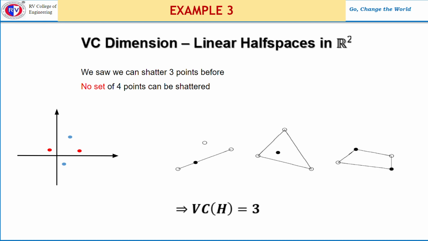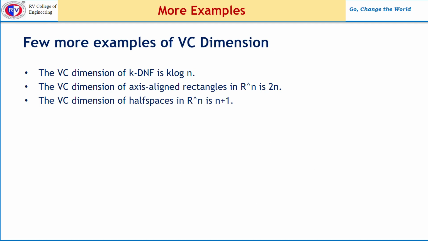This is the third example, and a few more examples for the calculation of VC dimension are given in this slide, where the VC dimension of KDNF would be K log n. The VC dimension of axis aligned rectangles in an n dimension coordinate system is 2n. If we try to cross analyze this, if we consider